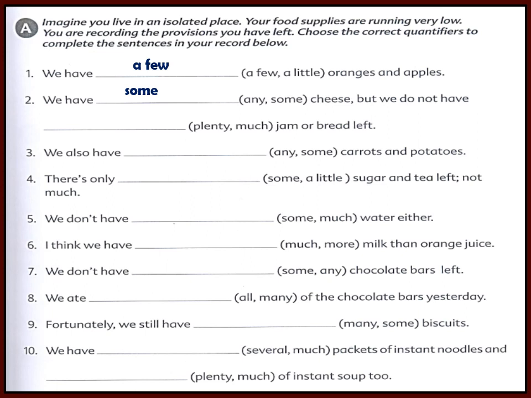Now bread and jam, first of all you will decide whether these are count or non-count, then you will write the answer. But we don't have much jam or bread left. Much, right? Jam, cheese, same case. And bread,